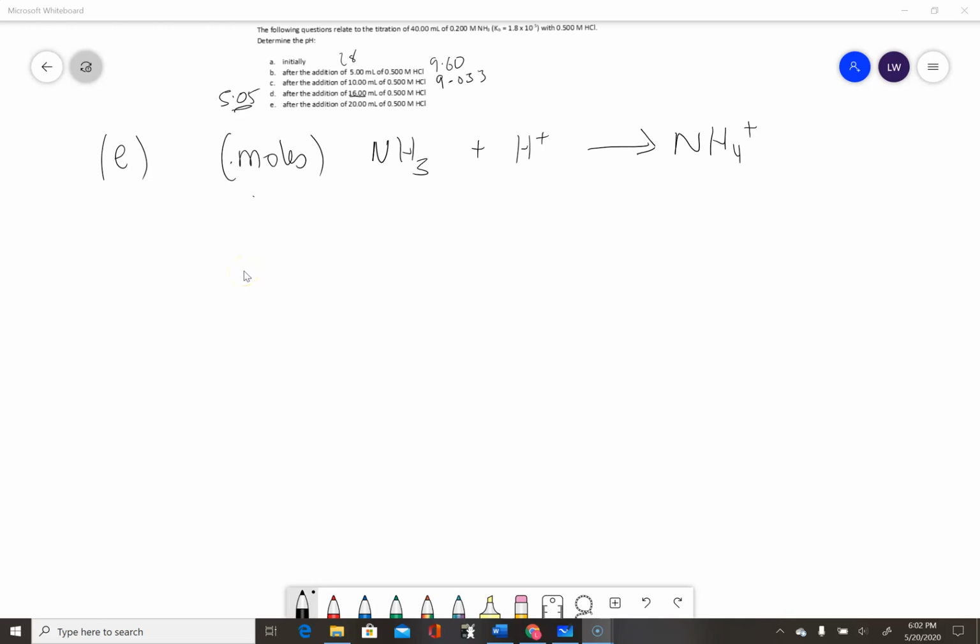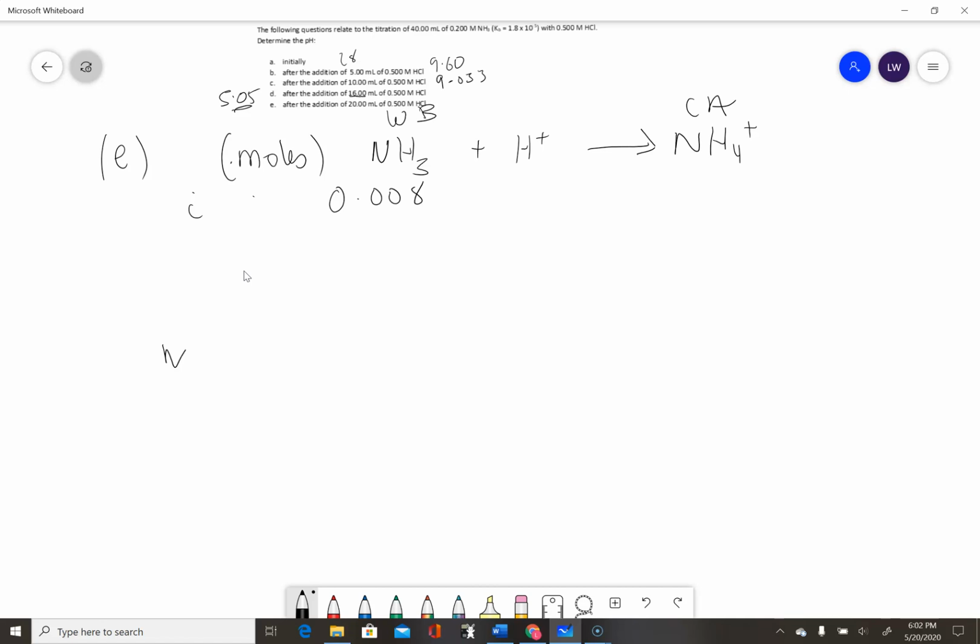In the final part of this titration problem, we're going to calculate what the pH is after we've added 20 mL of 0.5 molar HCl to our original 40 mL of 0.2 molar ammonia. So as always, we begin by calculating the proportions of our weak base and its conjugate acid after addition of the acid. So we know that we began with, in our 40 mL of our weak base, 0.008 moles of